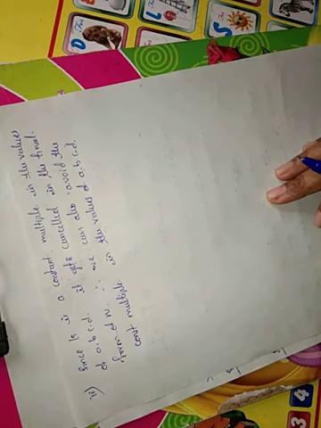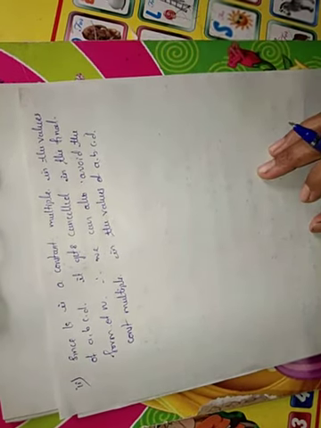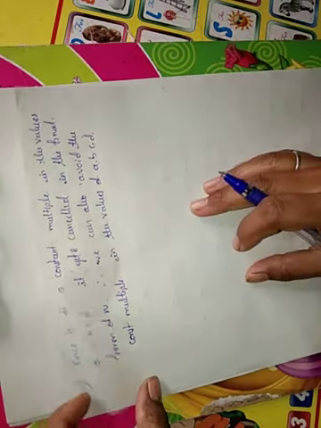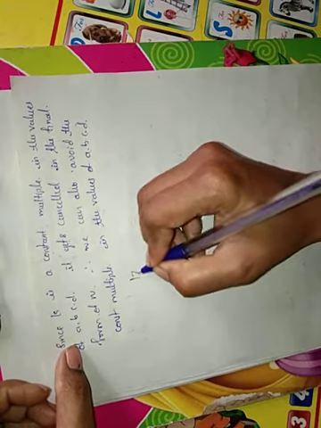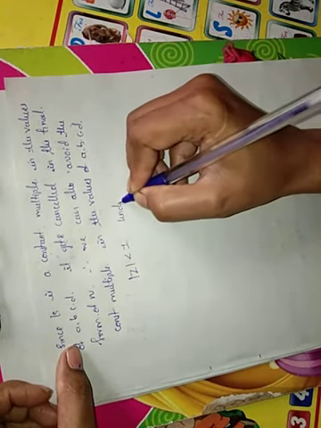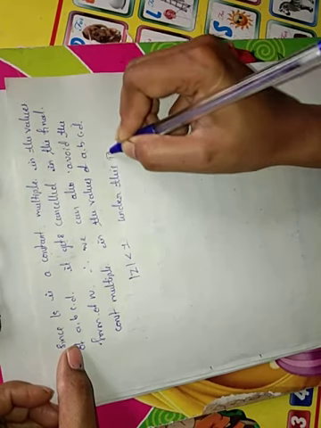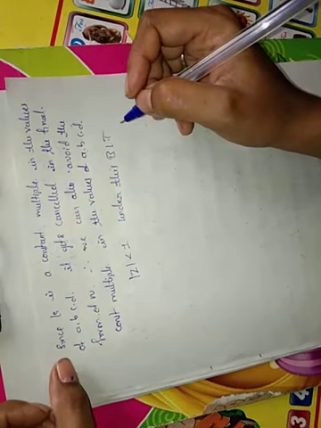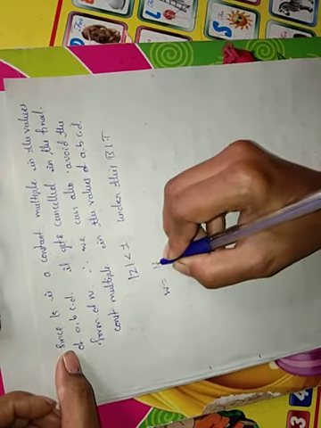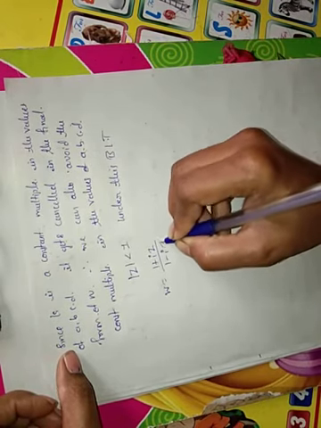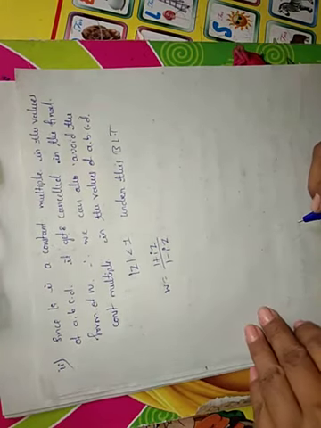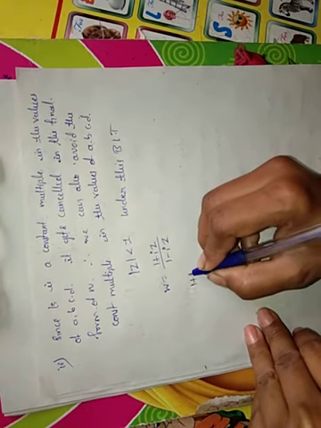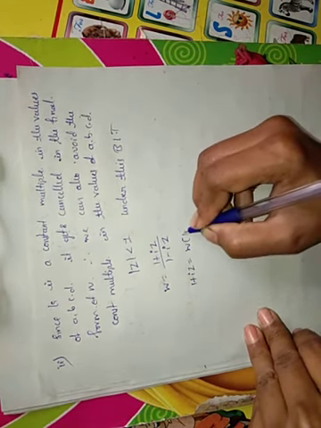Now come to the second portion. They told us to find the image of mod z less than or equal to 1. Now to find the image of mod z less than 1 under this bilinear transformation. Our transformation is W equal to (1 plus Iz) divided by (1 minus Iz). So that is our given bilinear transformation. So we can write 1 plus Iz is equal to W into (1 minus Iz).